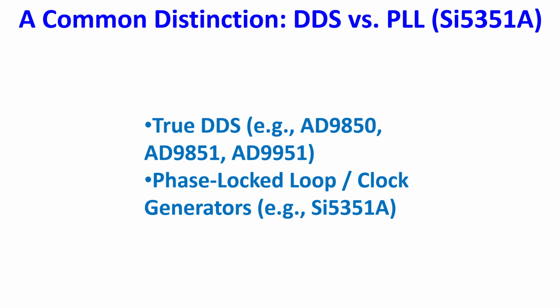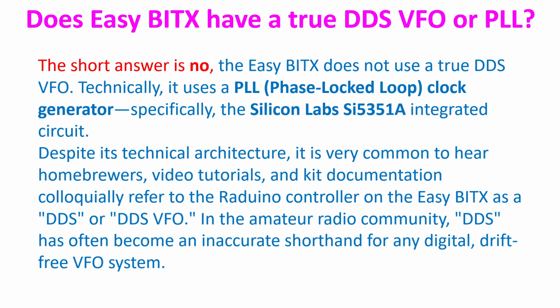Phase-locked loop clock generators like the SI5351A, though often colloquially grouped with digital VFOs, the SI5351A is actually a hardware PLL clock generator. It generates frequencies by multiplying and dividing a reference clock using fractional multipliers or dividers, producing a square wave rather than a sine wave. This is my question: does ECBTX have a true DDS VFO or PLL? You know that I have been homebrewing